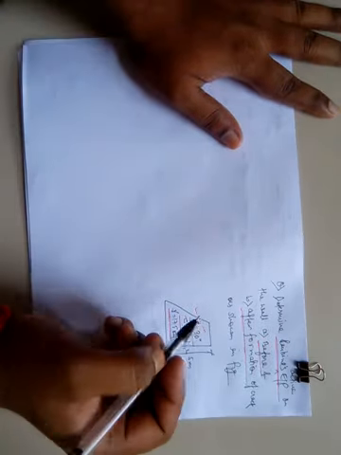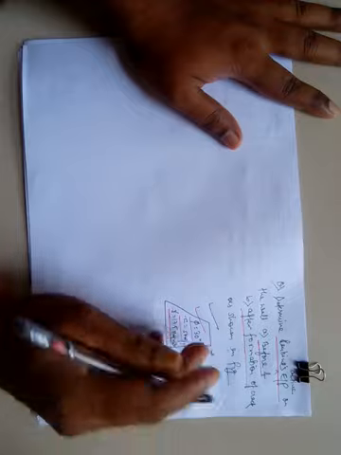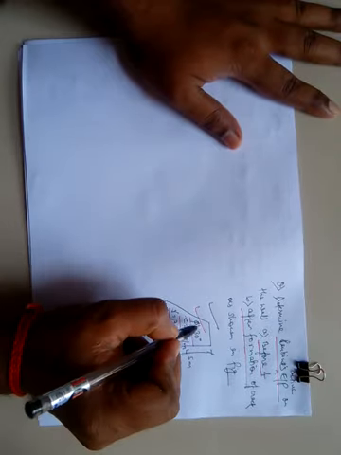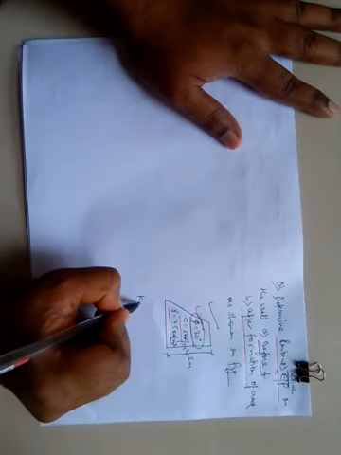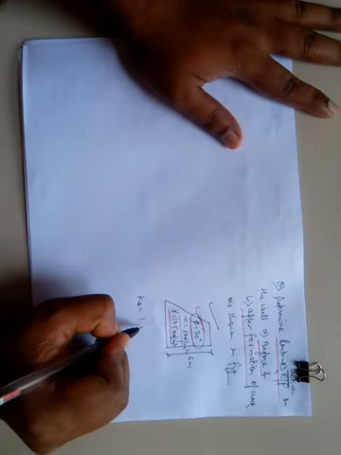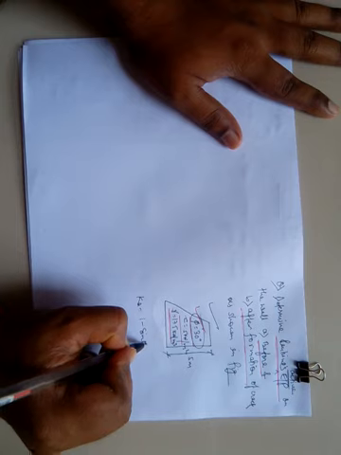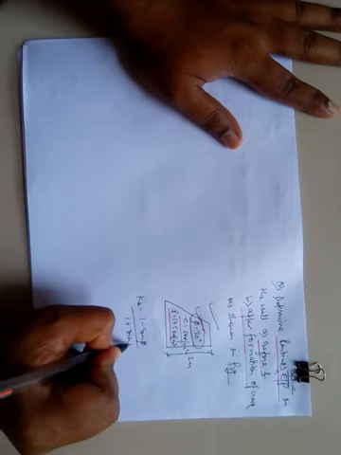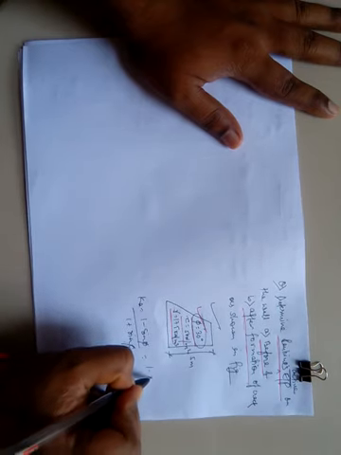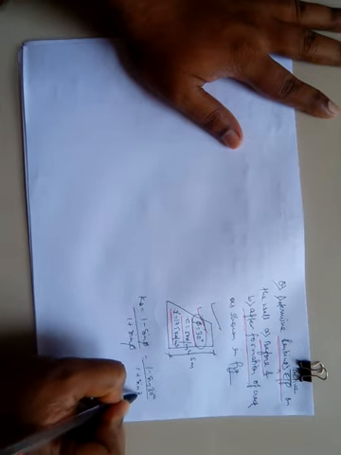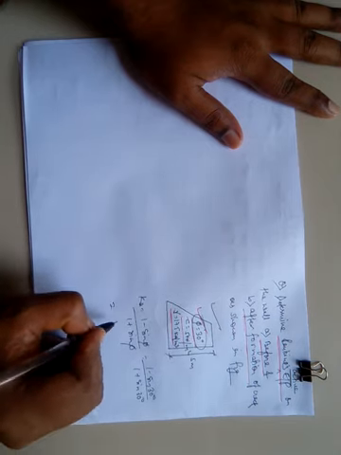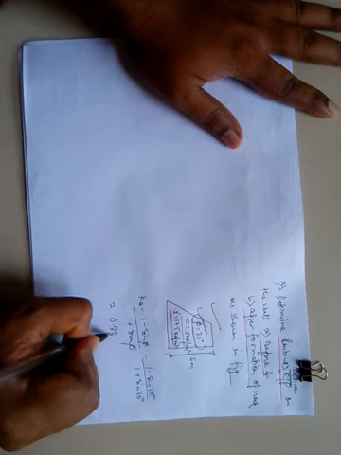Okay, for this we have phi is given, so find out coefficient of active earth pressure. Ka will be (1 minus sin phi) divided by (1 plus sin phi), that is 1 minus sin 30 degree divided by 1 plus sin 30 degree, it is 0.33.